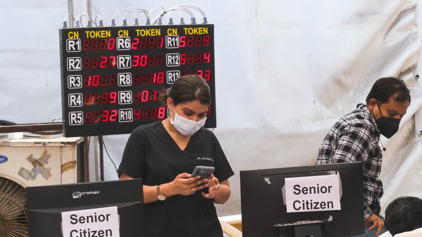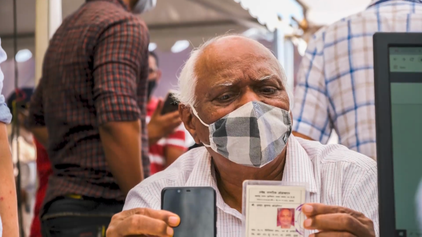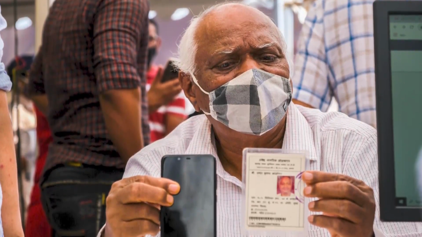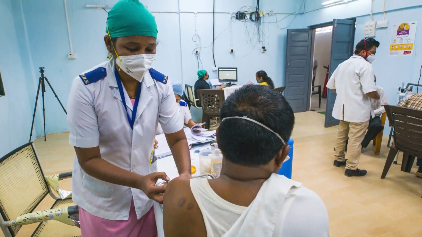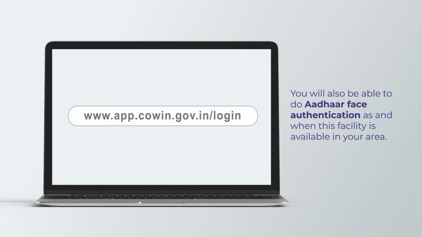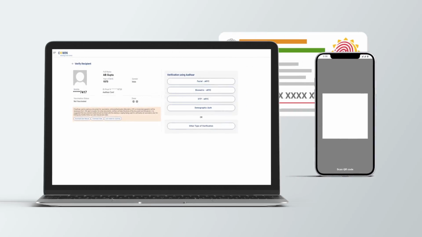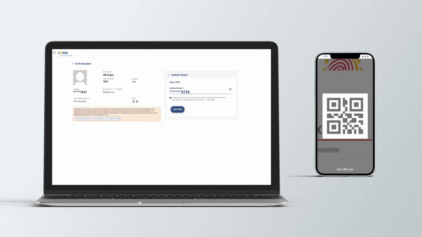Typically, the vaccinator module is being operated on a desktop, laptop or a tablet. In all these cases, verifiers face difficulty in using the camera of the device. To overcome difficulties in the verification process using desktop, CoWIN has developed an application to pair mobile phone with desktop and use the camera of this mobile phone to perform activities like reading QR code, etc.